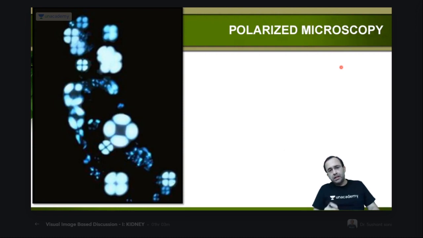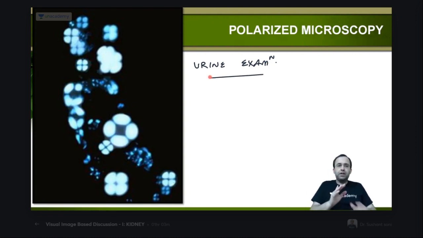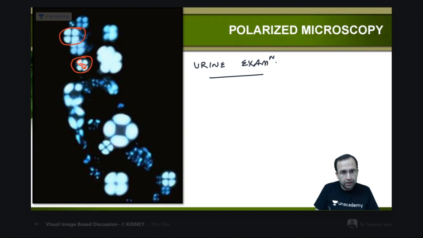Now, a polarizing microscope. This is the image of a polarized microscope in which urine examination shows you this slide. Now, with respect to the PG exam pattern paper, we are expecting questions on urine microscopy. It is an important prospective topic. Let us have a look at what this shows you. What you are able to see here is the Maltese cross appearance. Look, bache, all these are the Maltese cross. This is what a Maltese cross looks like.